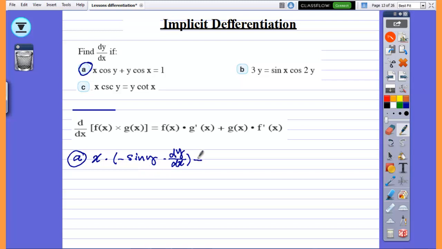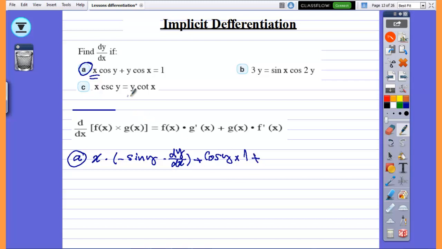Plus the second function, cos y, multiplied by the derivative of the first. What is the first here? It is x. What is the derivative of x? It is 1. So the derivative of x cos y equals x times negative sin y dy/dx plus cos y times 1,